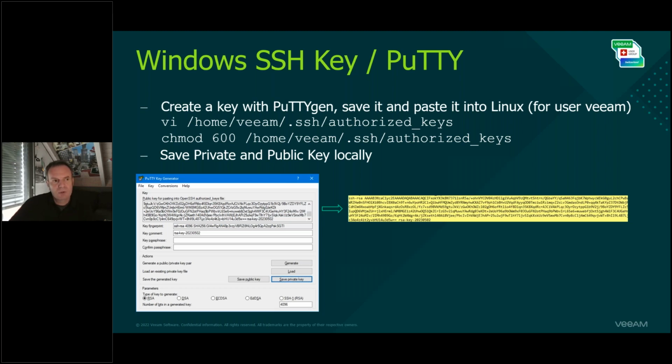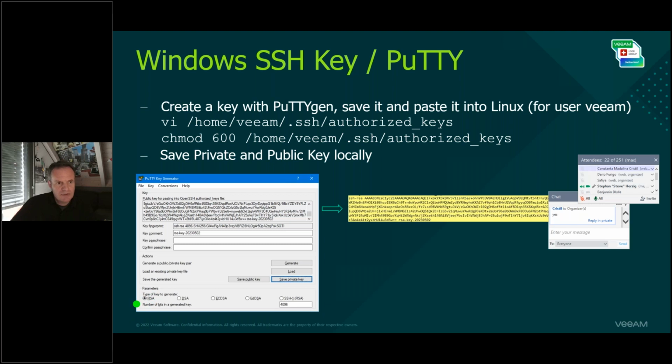Also here, what's important is you need to copy this private key. And here he used RSA. Other options are available with Veeam. I also have a slide on that. Here you copy this data and store it in the home Veeam. That's the user you want to use for accessing the system. Hidden folder .ssh authorized_keys. So you paste this text, and then together with this key file you save, you can then access the Linux